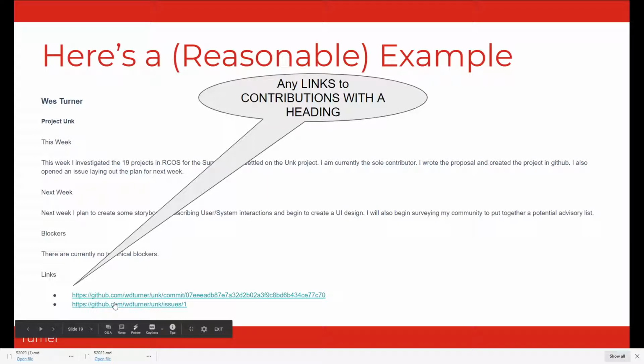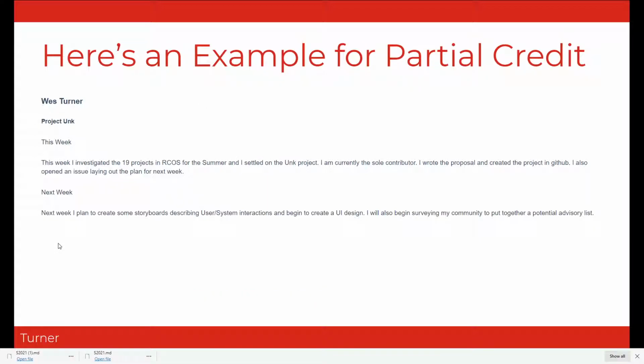These links are mainly for you because twice during the semester, we're going to ask you to give us a summary of your contributions to date. If you keep a running total of all these things, then you can satisfy that request in 2 minutes without having to do any research at all into what you actually accomplished. So please keep this in mind and take advantage of that. The links in the blockers section are both required.